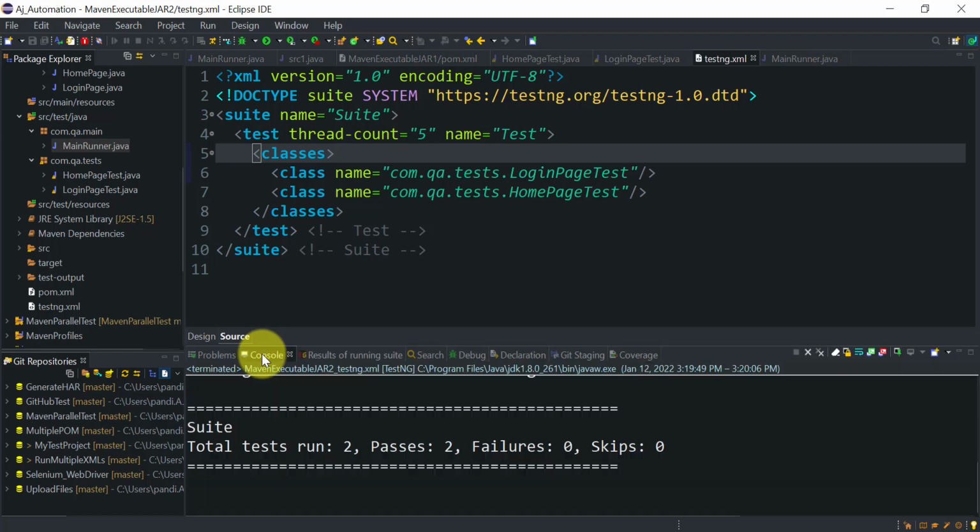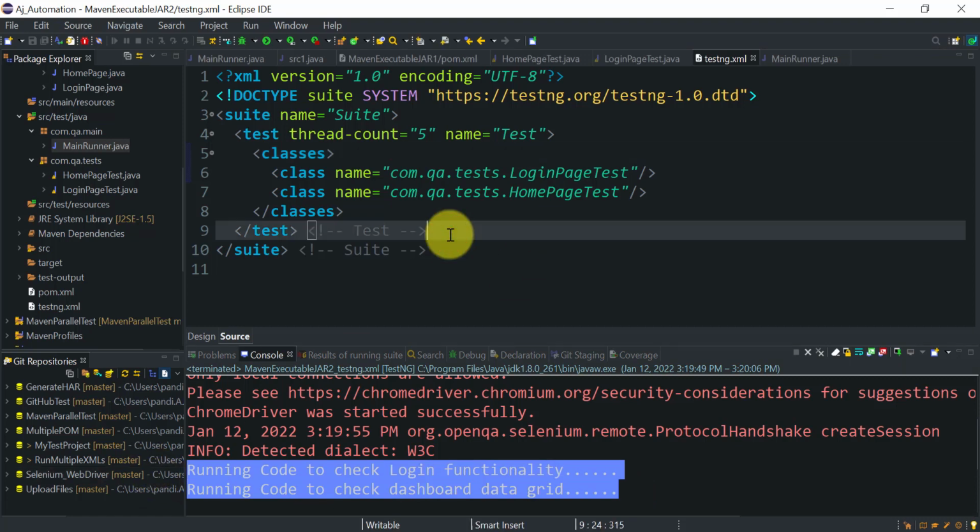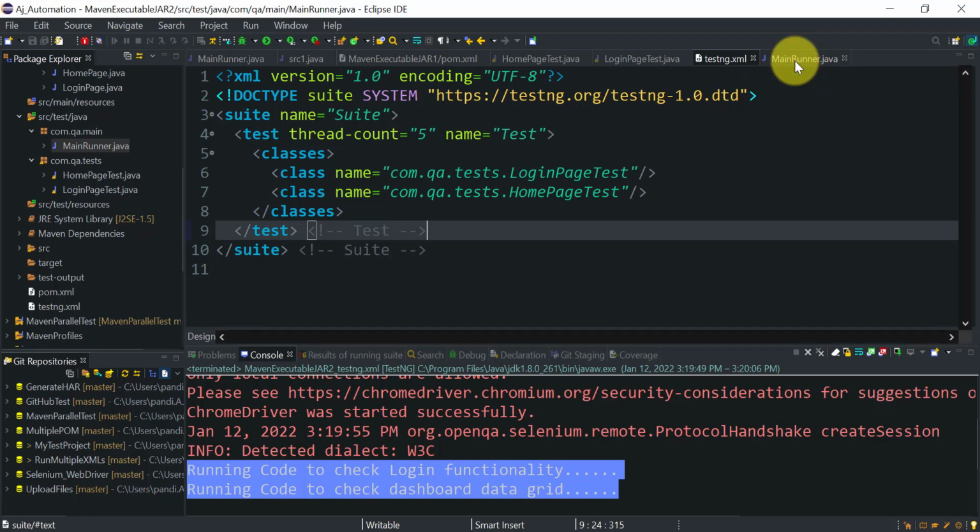Okay, both tests run, and we are simply printing this statement in the console. Okay, so now without the testng XML file, if I want to run with the help of the main method,